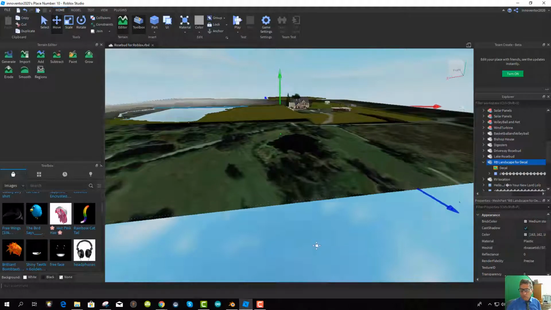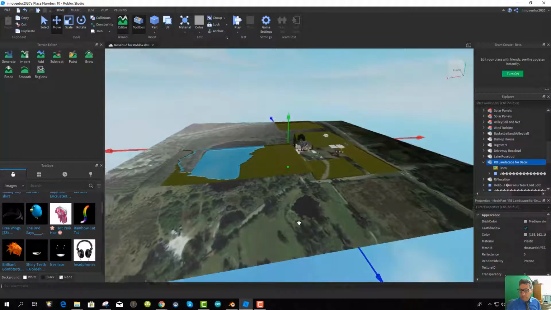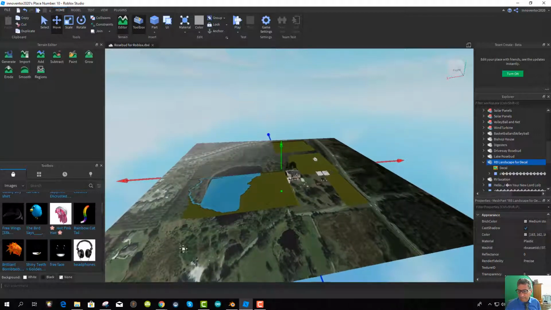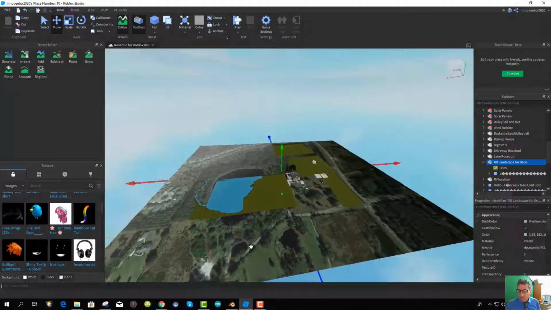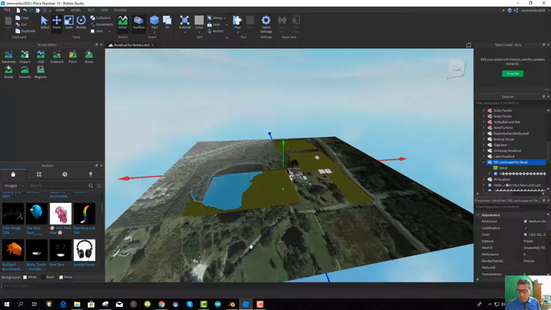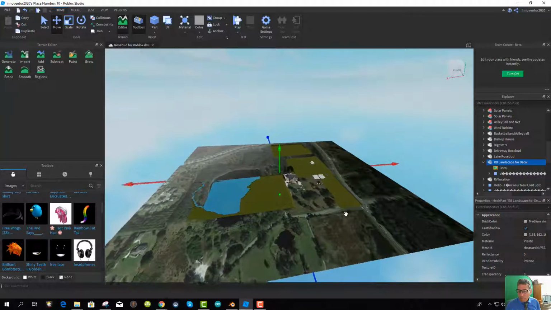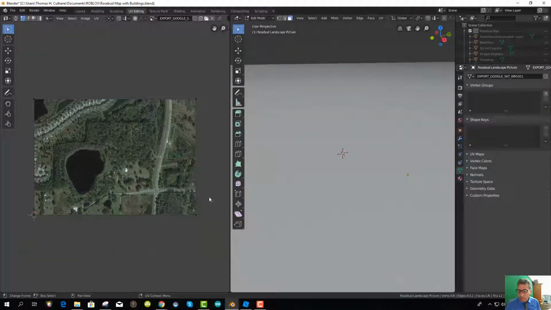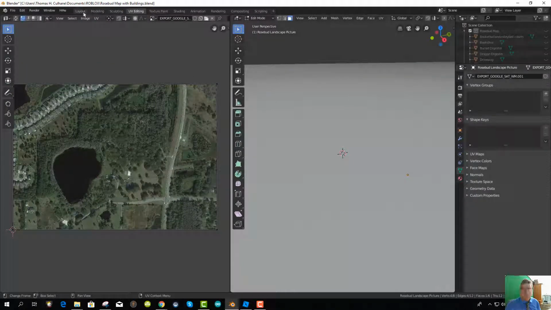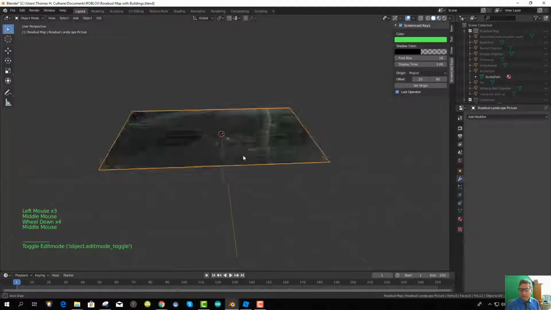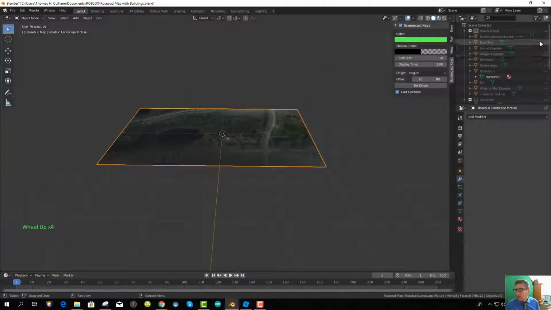So very quickly, I just want to show how I got something approximating a landscape in, so that we have a basic idea. What I did is I came out to Blender, and we were in layout, and I took the landscape, and let me show here, if I turn on everything here. So I had this satellite map